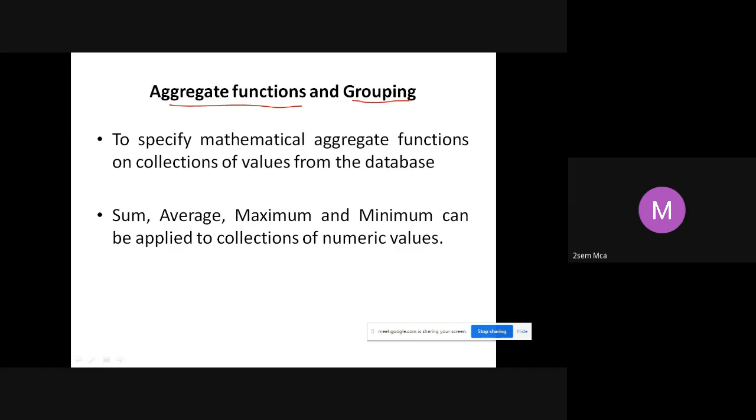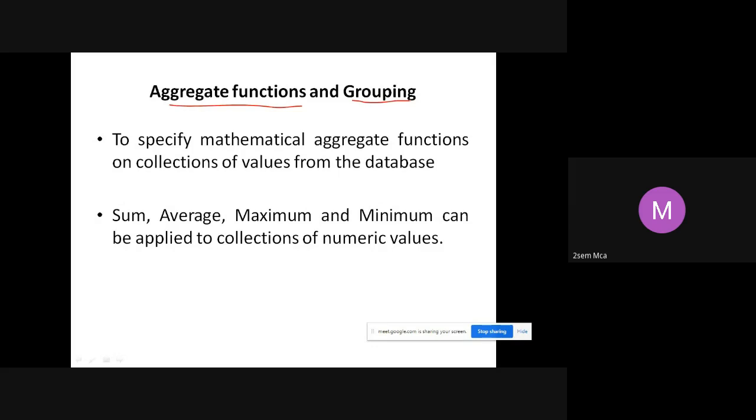As I told you already, whatever queries we write in relational algebra, we should be able to write in SQL. Vice versa, whatever queries we write in SQL, we should be able to write using relational algebra. In SQL, we have made use of some aggregate functions like sum. We tried count, average, all these things we have seen. What are the different aggregate functions and how they can be used in SQL. And we also used group by.